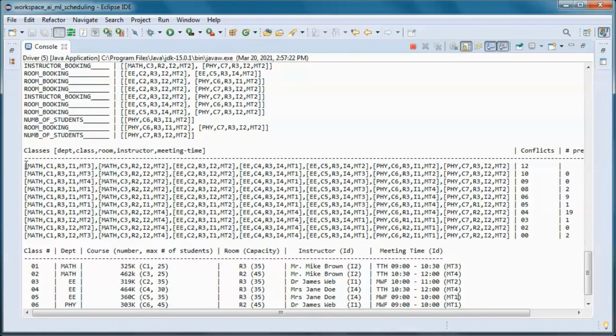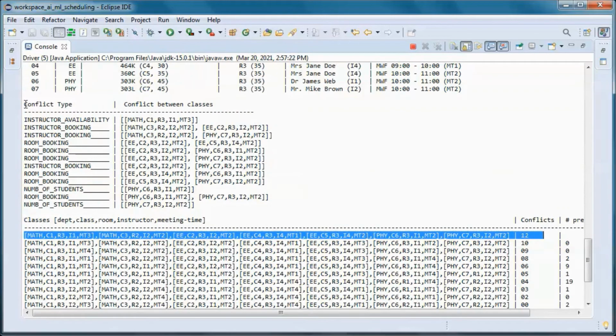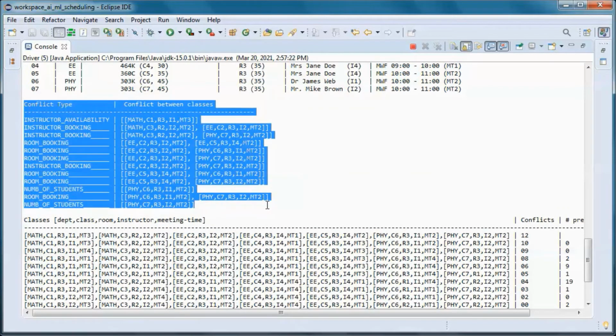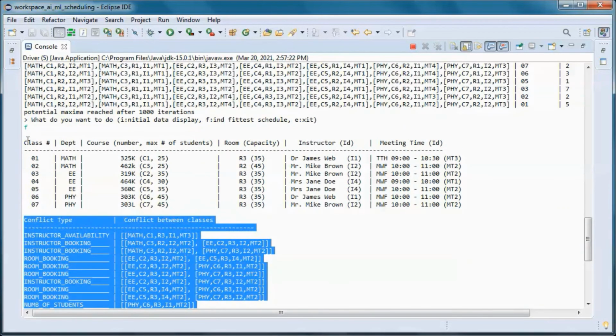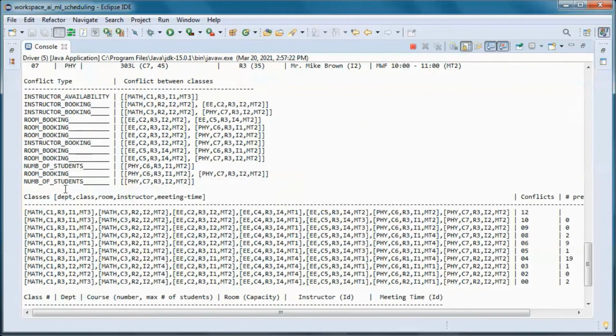And we started with this one with 12 conflicts, and this is a table representation of that schedule, this one.